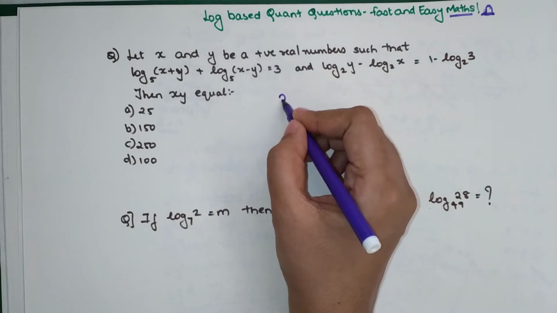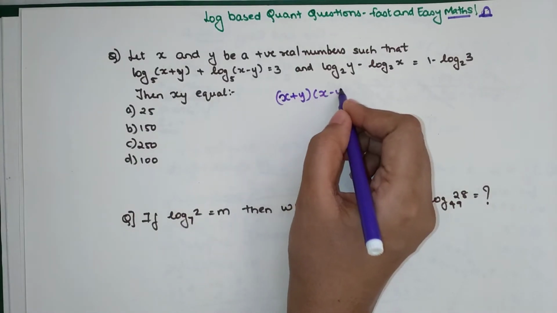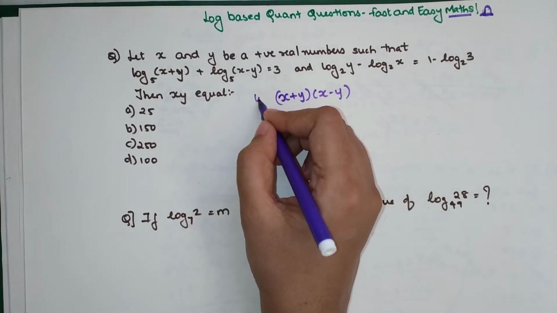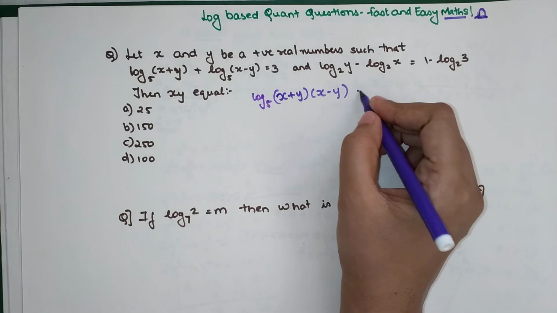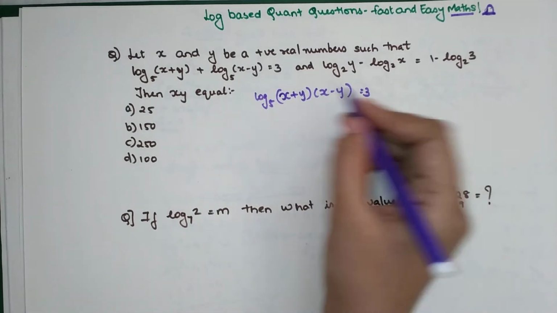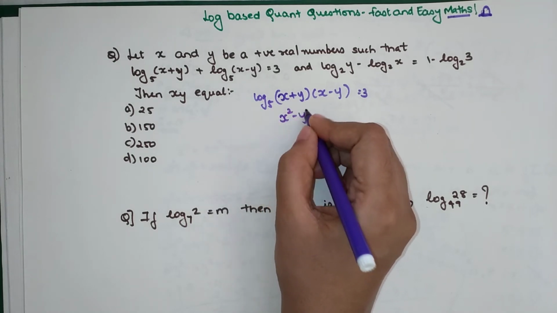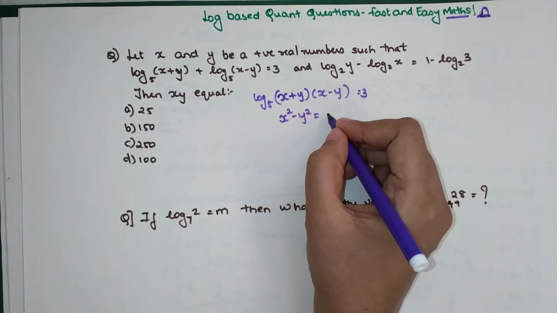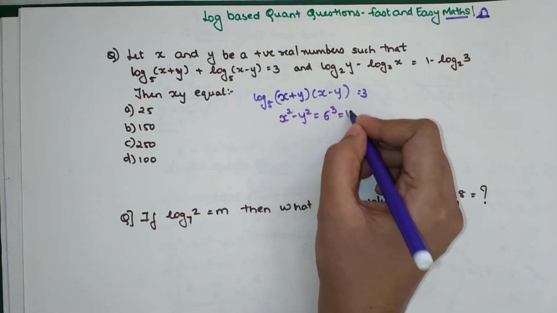So I can write x plus y into x minus y, log to the base 5, equal to 3. Now I can shift this to this side and remove the log. So x square minus y square is equal to 5 raised to 3,